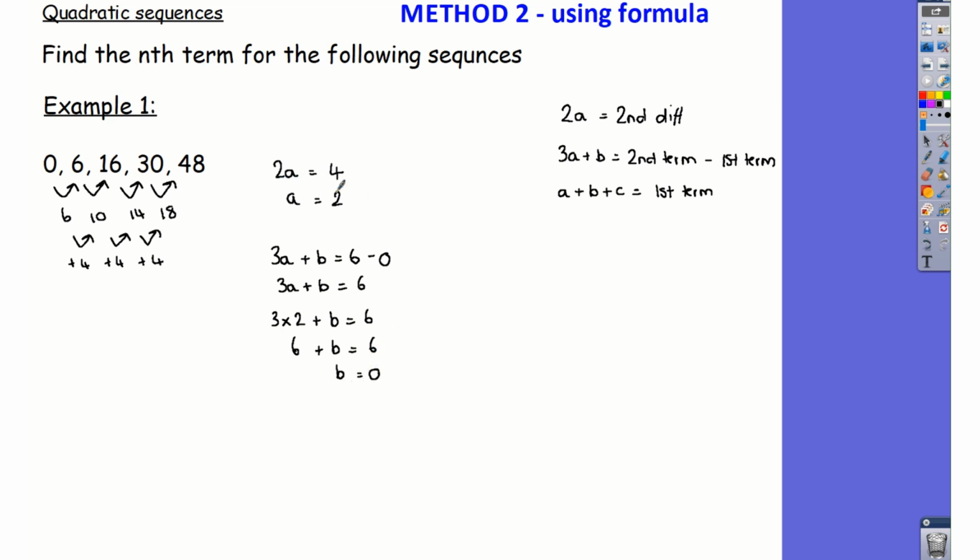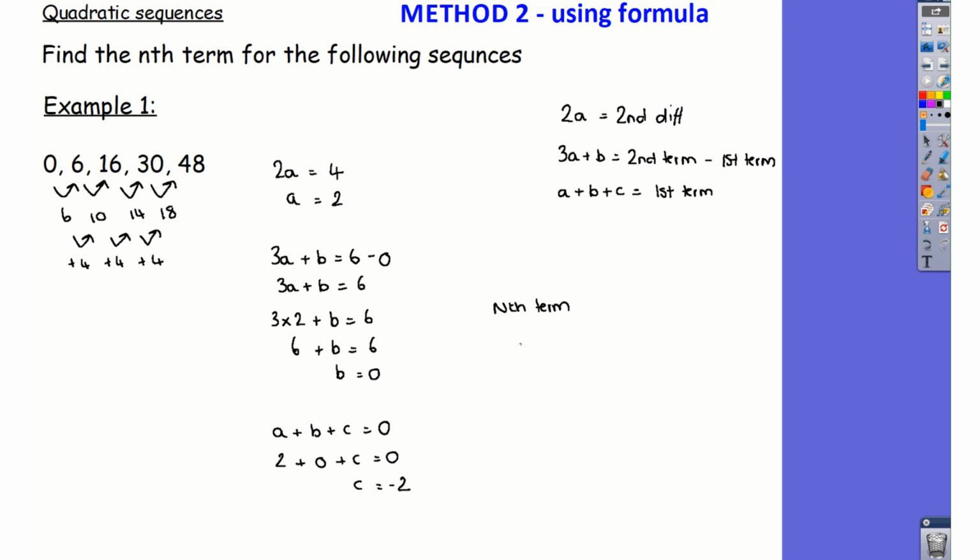So far I've got the value of a, and I've now worked out the value of b. Final step is a add b add c is equal to the first term. So a add b add c is equal to the first term, and our first term is 0. A is equal to 2, so I've got 2 add 0 add c is equal to 0. So rearrange, I know that c is equal to minus 2. So my nth term